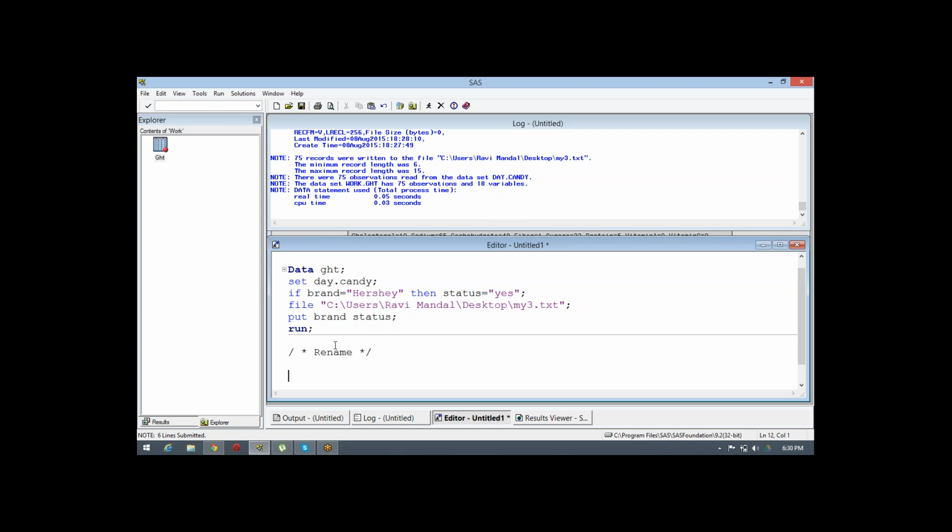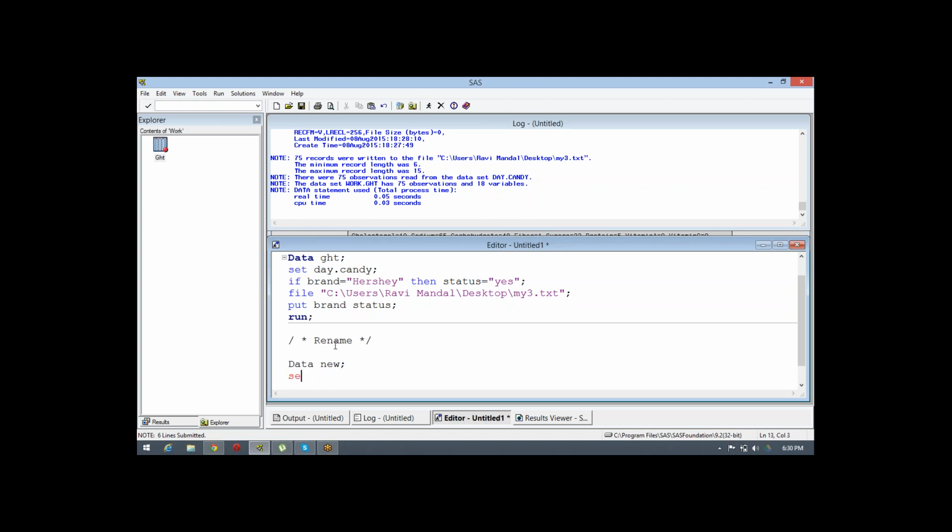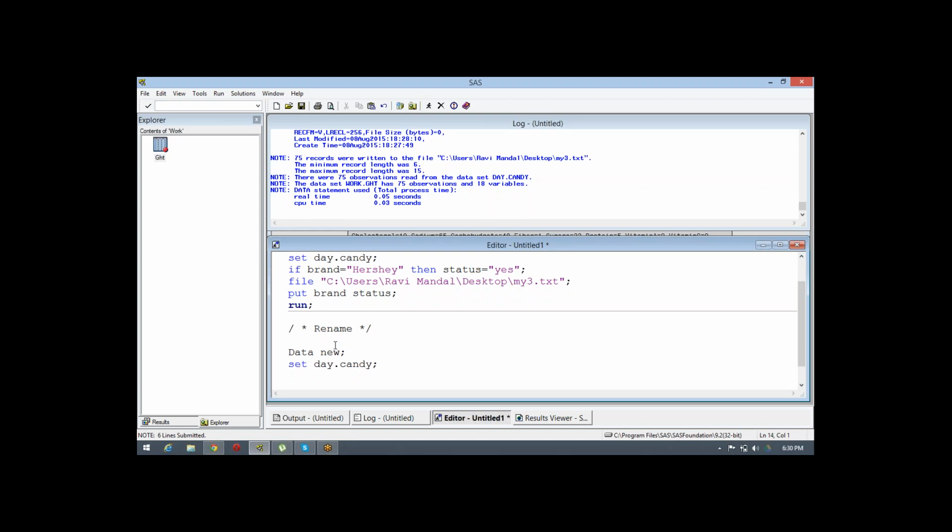So while merging, you need to convert employee ID into ID or ID into employee ID. In between programming, you rename it, and after renaming, SAS will understand you are giving a primary key in both tables as ID, so that it can go and merge them. So the rename function converts an old name into a new name. Let's suppose I have data new; set day.candy.